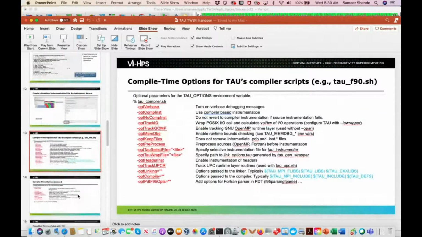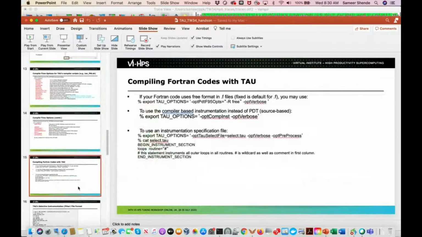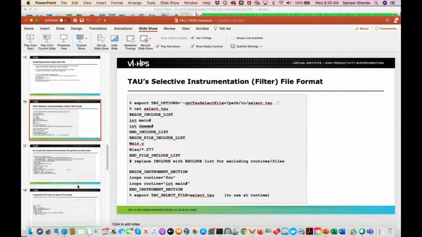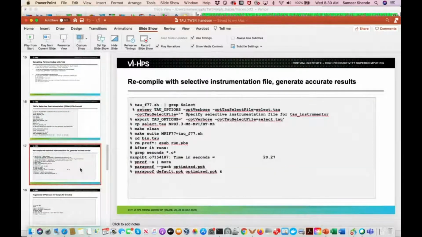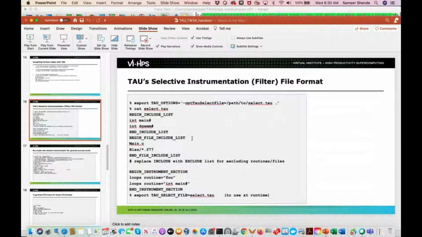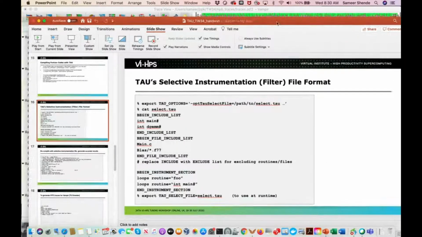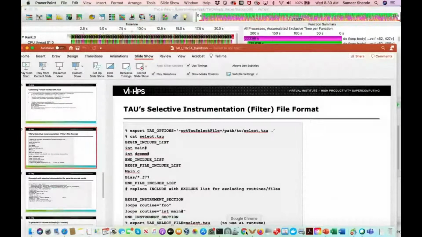So you have some internal thread. You take a first trace. You parse it. You feed that back in to optimize the next run. Exactly. And it's just that paraprof does this automatically for you. You can also cut and paste it if you want and just create a file which says begin exclude list, end exclude list, and cut and paste all the names of those functions through the